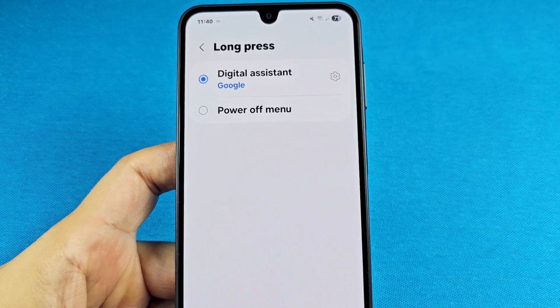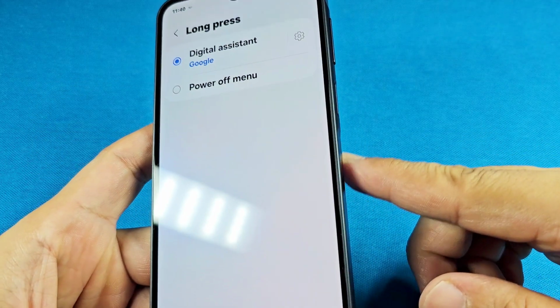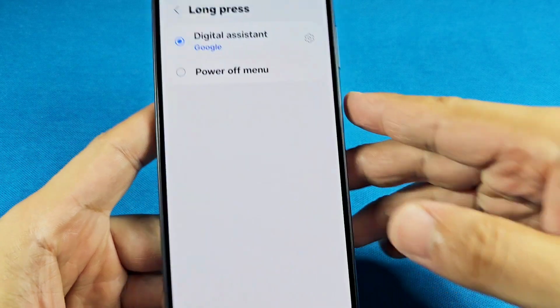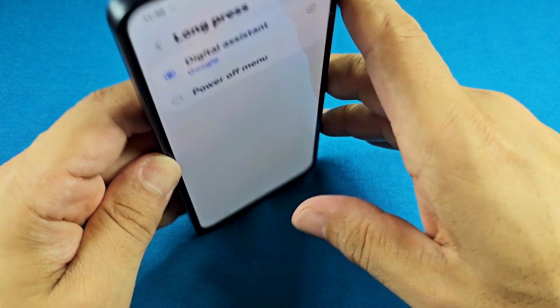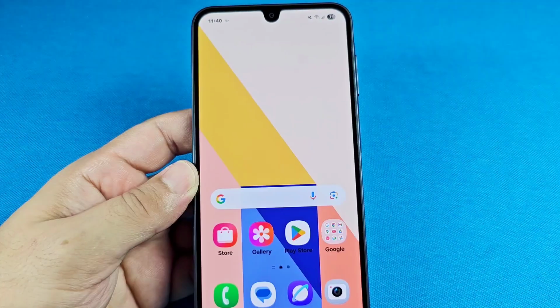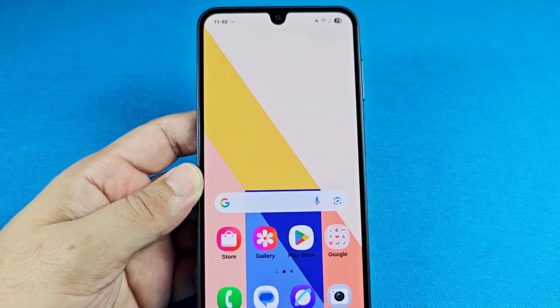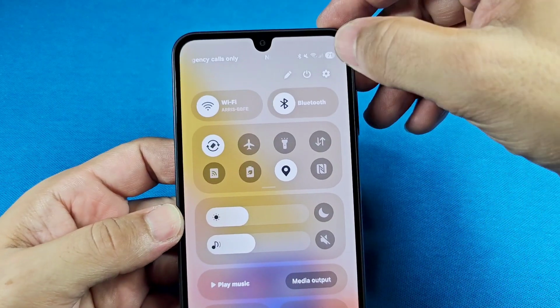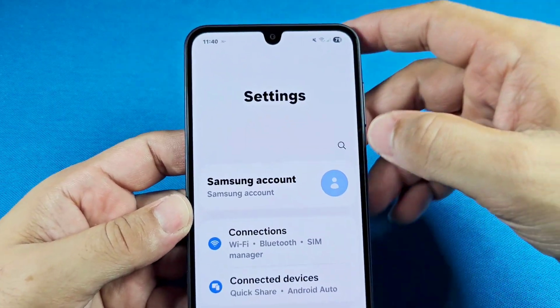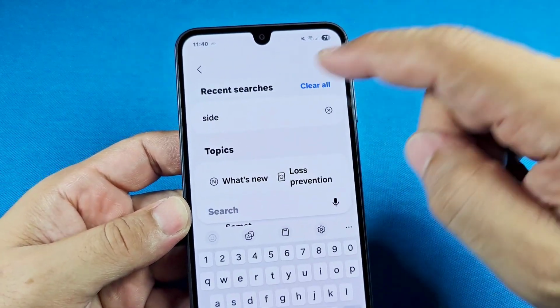How to change the long press function of your power button, and this is for the Galaxy A16 5G phone with Android 15. In order to change this, you'll want to go into the quick access by pulling down from the top right, go into the settings,